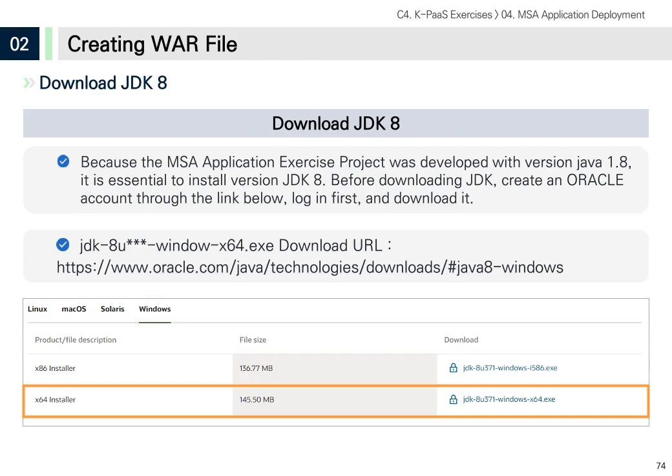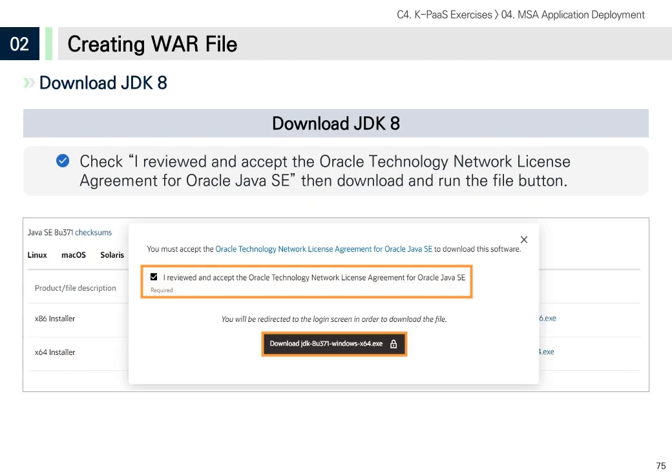Since the MSA application exercise project is developed with Java 1.8, you need to install JDK 8 to configure the environment when you create it. You need an Oracle account to download JDK, so create an Oracle account first before proceeding with the download. Click the link below to download the JDK. When the Consent to Oracle Licenses window appears, check it and press the download button to proceed with the download, then proceed